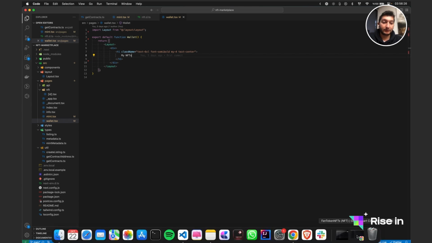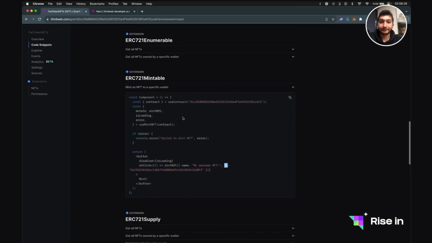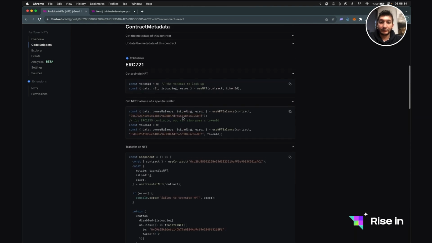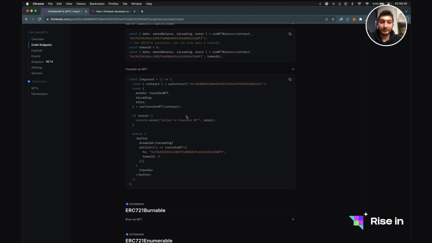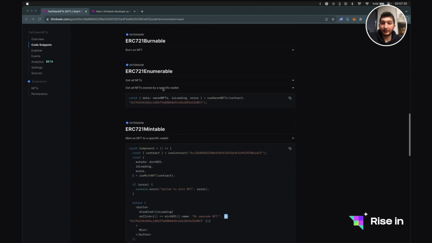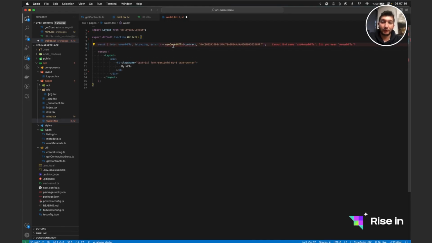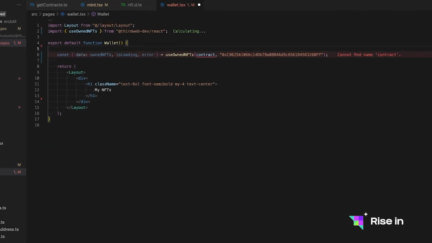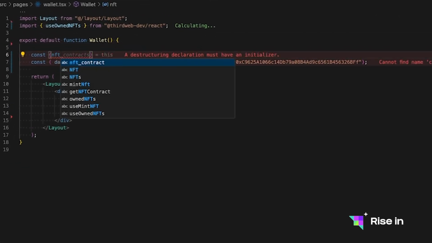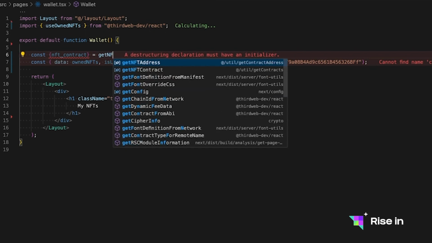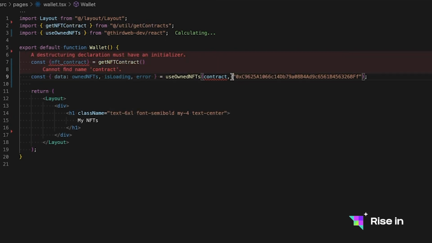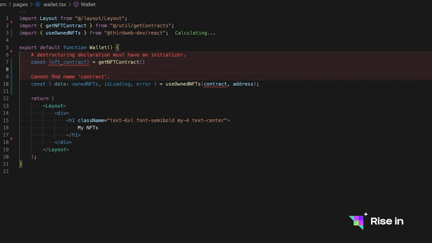And for this, let's also take a quick look at the documentation. So as you can see, this useNFTBalance is something we can use. But there is also another one, which is called useOwnedNFTs. Now I prefer to use this one actually. So let's copy and paste this to the top of our page. Then we will modify it to our own use case. So for the contract, as always, we have our own NFT contract. This is, by the way, your own wallet address. So for this, we can just say address, just like before. And we can say